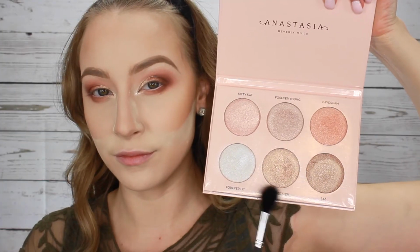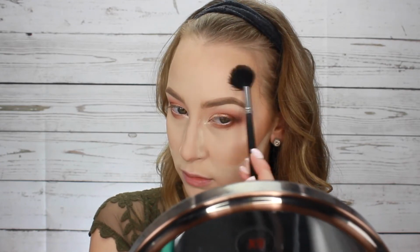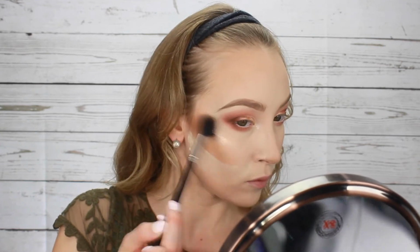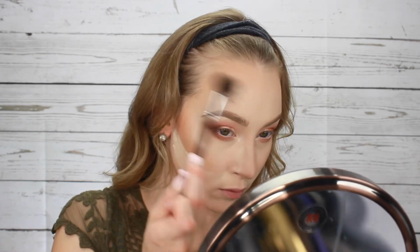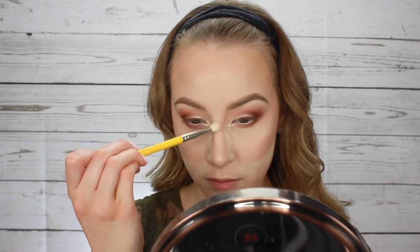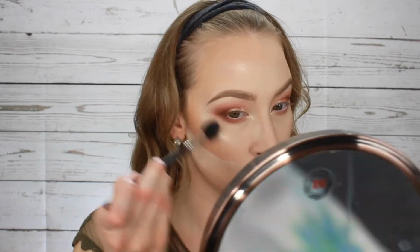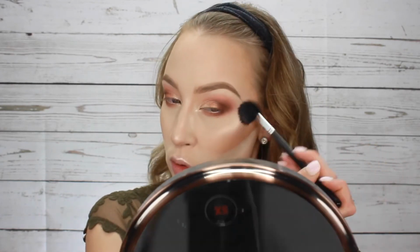For my glow, I'm using my favorite palette, the Anastasia Nicole Guerriero Glow Kit, and mixing those two shades, and I just love that highlight. It is legit like glass on your face. It's amazing. I'm adding this onto the cheekbones, a little bit above the brow, which I've been really liking. Also, of course, on the tip of the nose, down the center, and then I go pretty hard on the upper lip because I have small little baby lips. And I like to go in and just do a final blend over all those